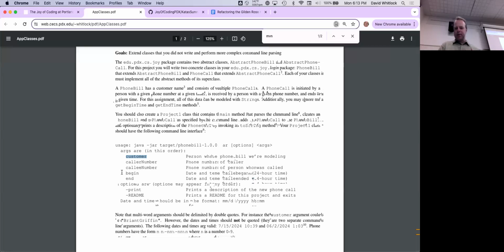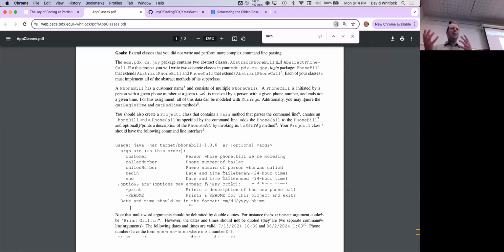So here, another question. When we add a phone call, is the program supposed to keep running, allowing us to insert more phone calls, or is it just one phone call for each run? Good question. One phone call for each run. And to be crystal clear, I think I call it out here someplace, you do not read from standard input, right? So this isn't like CS 101 where you type things and hit return so you can learn about standard input. Nope, no standard input in this class at all.